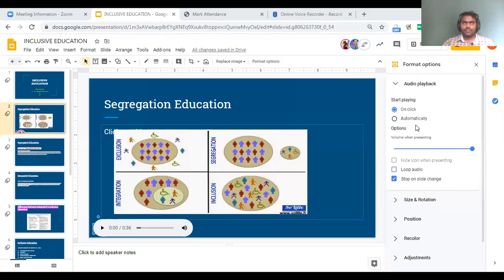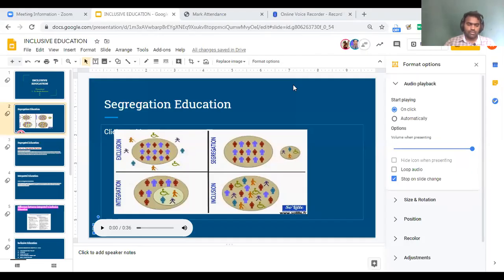So for this, sir, we'll have to go directly online, and from the Drive only we have to take Google Slides and work, right? Yeah. Okay. And if you are using a mobile phone, you have an option to install the Google Slides application. Okay. And now I'll show you how it will be coming. Okay. Thank you, sir.